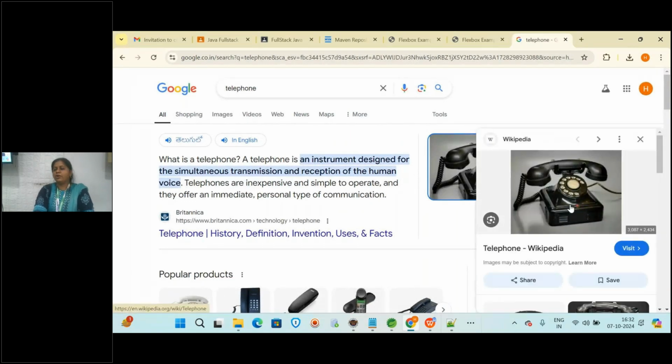Previously, they used to have only this kind of telephone, yes or no? And when you wanted to make a call, we can make local calls, STD calls, and international calls. Do you know that, online students? Local calls means what? Anyone? So everyone has a state, right? Telangana, Andhra, like that you have different states. So when your telephone has only a local connection, you can call only within the state.